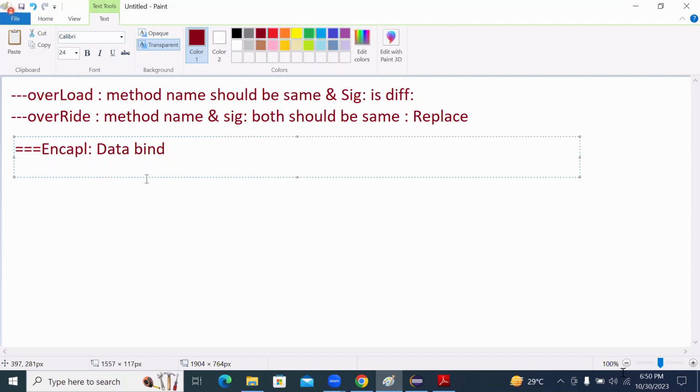For encapsulation, the best example we can consider is the class. Because if I take the class, what is the use of the class? The use of the class is to write a program. What is the definition of the class? Combination of